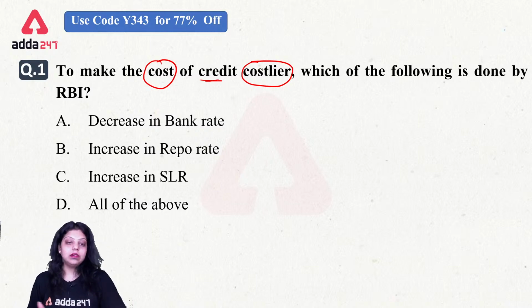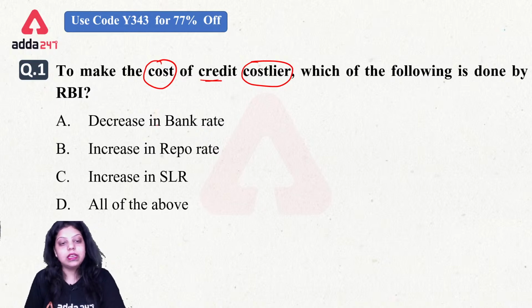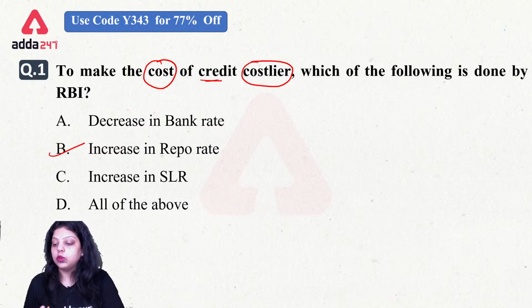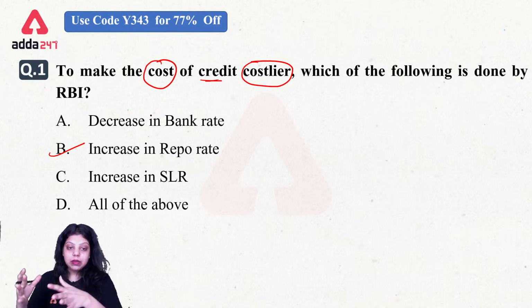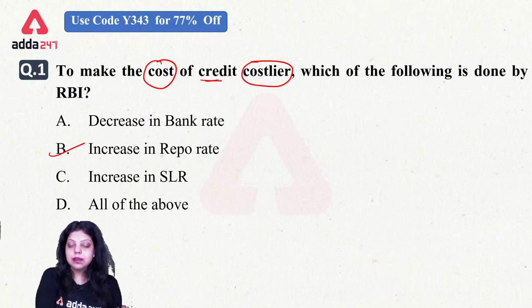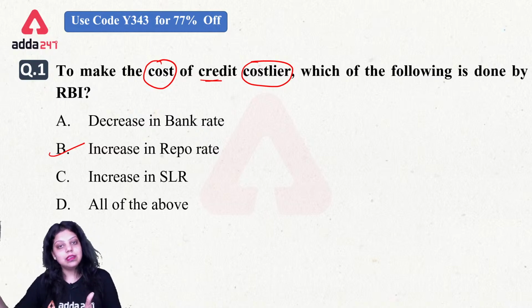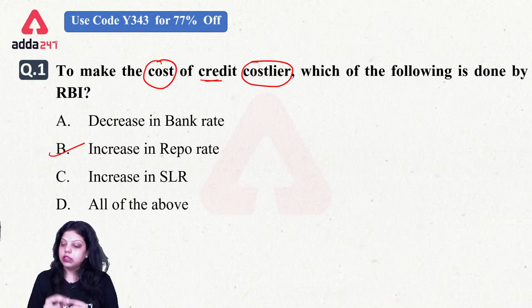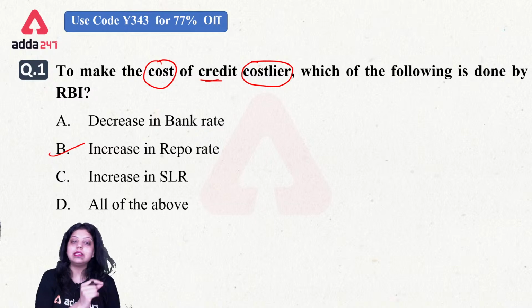See, the right answer will be here. RBI wants to increase the repo rate. Whenever RBI increases the repo rate, the loan RBI is providing to banks will become costlier, and when banks are getting loans at a costlier rate from Reserve Bank of India, then banks also increase their lending rates for the public. So the rate of interest will increase for the public also because RBI has increased the repo rate.